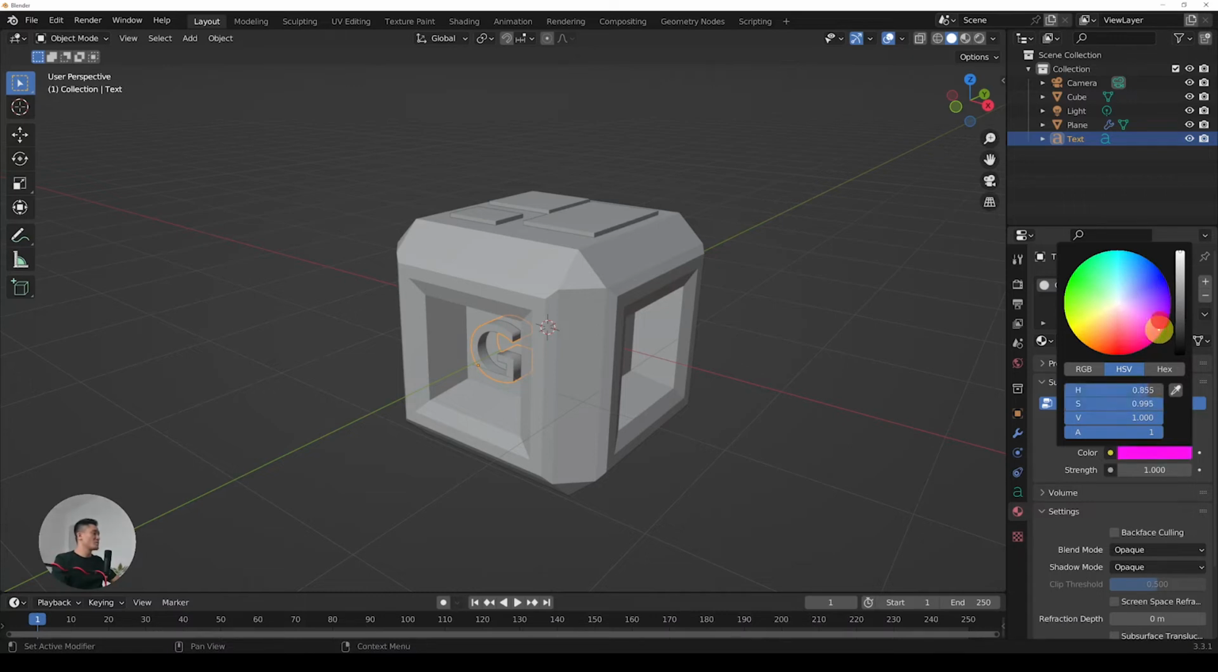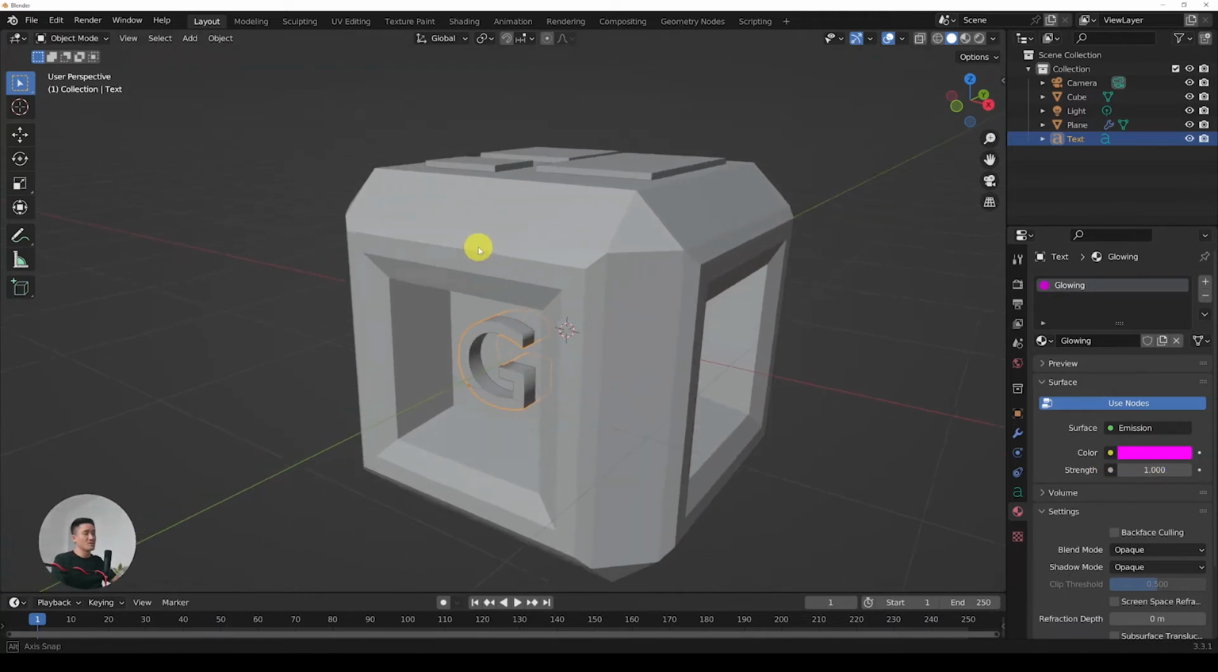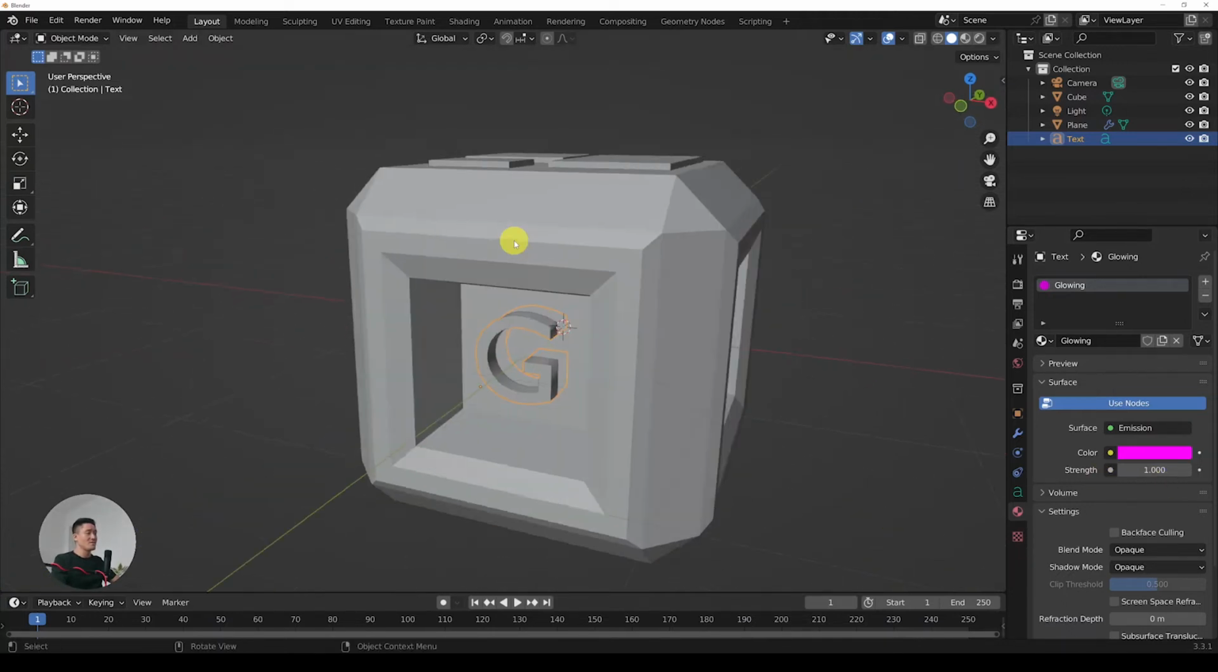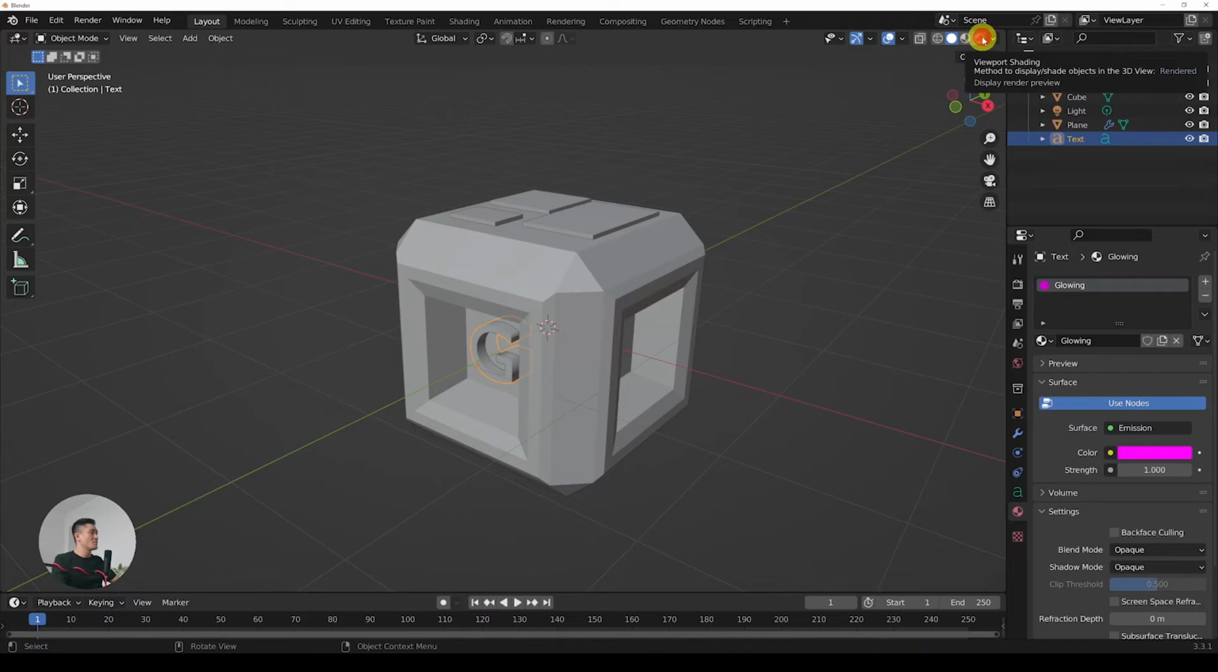Let's go with some sort of nice, let's do pinky. Let's do a really pinky color. We can also add a strength, but that's something that we can adjust later on. That's something that we can't really see right now when we just have this view. And so if I go to the render shading viewport,